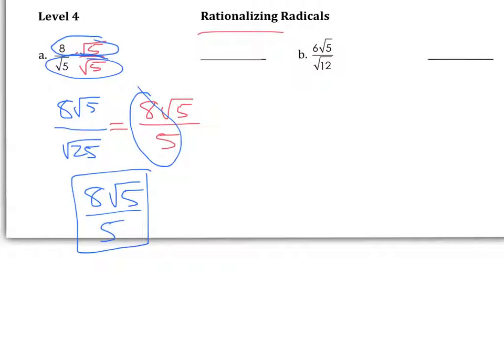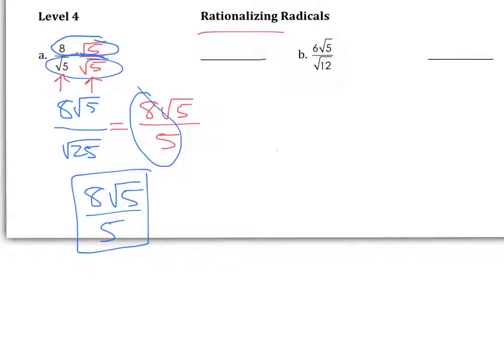Okay, one quick hint. If you notice, if you take √5 and you multiply by √5, isn't that like squaring it, or multiplying by itself, right? Isn't multiplying by itself really means square it? And what happens when you square something that's in a radical? Well, the square and the radical cancel and you just get the number. So whenever you take a radical times itself, you just get that number out. Okay, so you don't even have to do the work on the bottom. You can just remember, hey, √5 times itself is just 5. Okay, so next